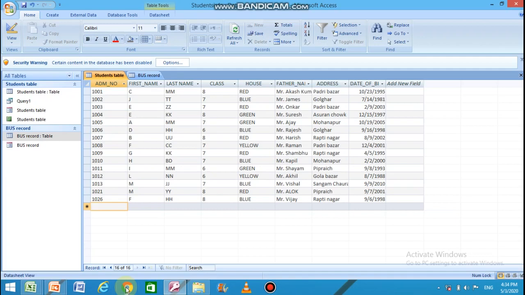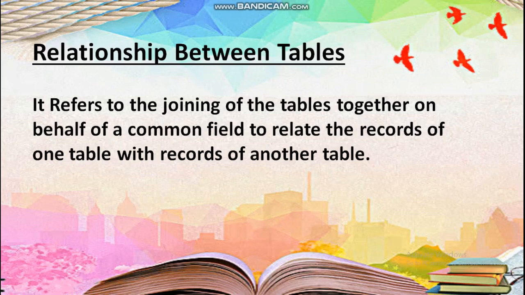Now let us talk about the relationship between the tables. Relationship between tables refers to the joining of the tables together on behalf of a common field to relate the records of one table with records of another table. Students, just imagine a table structure where there are 25 fields in the database.